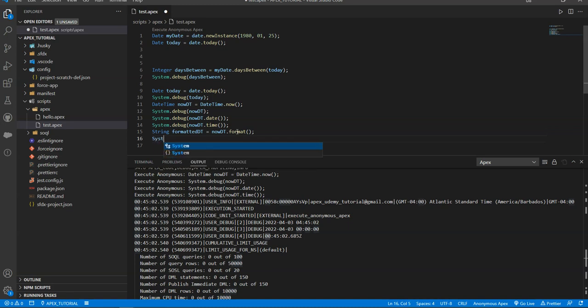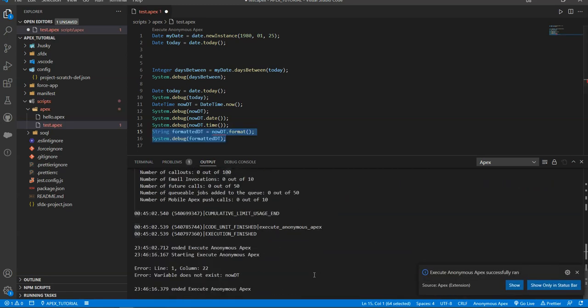And then if I do system.debug, this is now going to format the datetime to be the user's current datetime. And what did I do wrong? Oh, I know. I need to